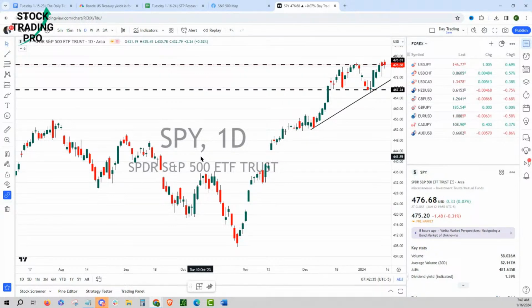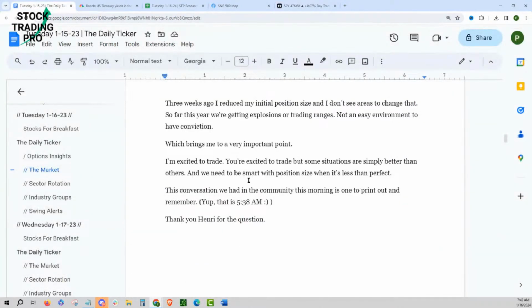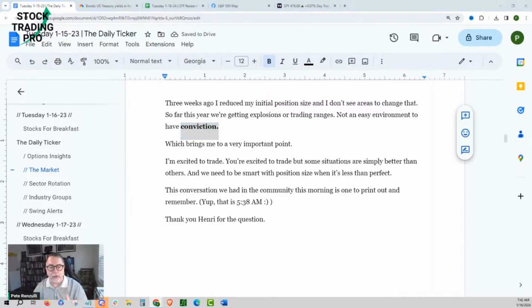Right now, what we have in the bigger picture is kind of status quo. So here's what that means, all right? Brings me to an important point, but really the point here is about conviction. How do you as a trader map out your conviction level? How do you look at price action? How do you look at technical analysis? How do you look at charts? How do you look at fundamentals to come up with reasons to choose to accept risk? That's setting your conviction level, all right?